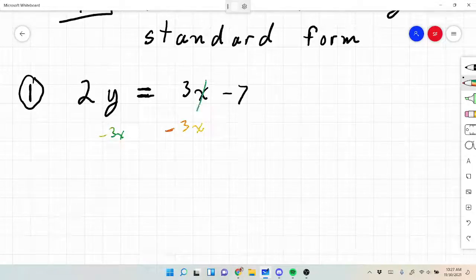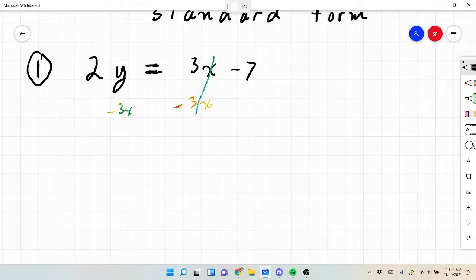Now, we've already done some abstract algebra problems, so we know that the 2y and the negative 3x can't combine, so what are we going to do with those? Right. Put them on the end. We're just going to stick them down next to each other. So we want the x first, so we're going to say negative 3x plus 2y